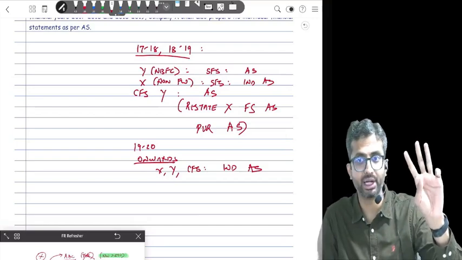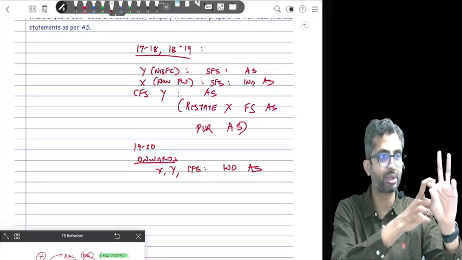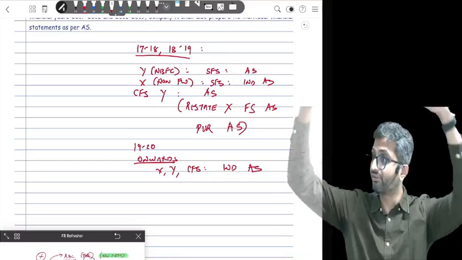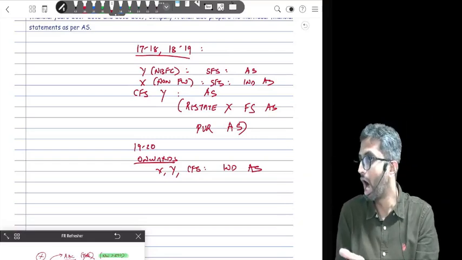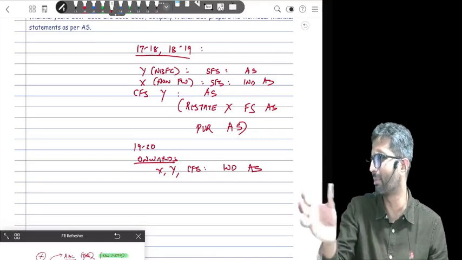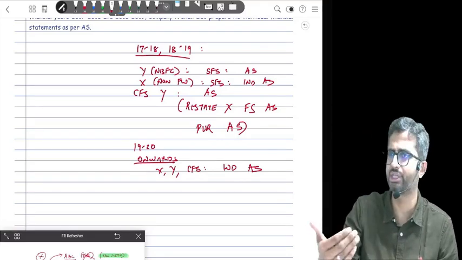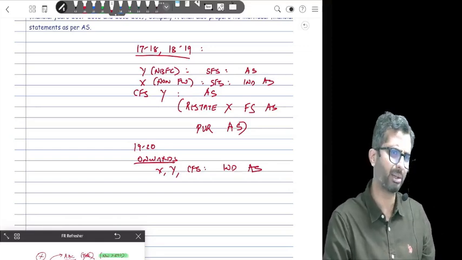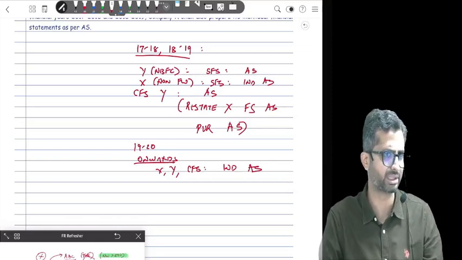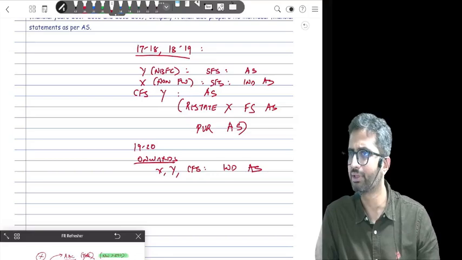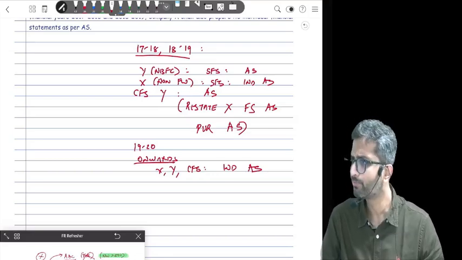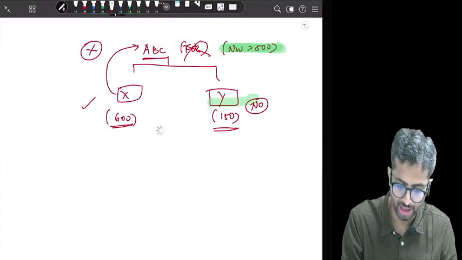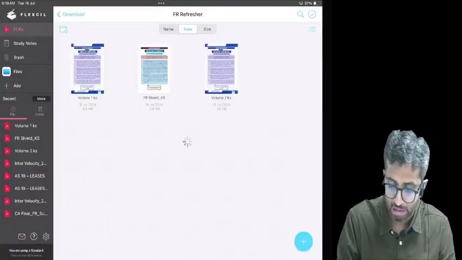Three notable exceptions. First is joint operation. Second is fellow subsidiary. And third is what if there is a finance company inside your group. How will you manage the finance company? And at max, foreign company. Beyond that, I don't see things coming in your exam. Even if they do come, they will come either for an MCQ or a short 4-mark theory question. Are we clear with this? Good to go? Yes, okay. So that takes care of your applicability section.